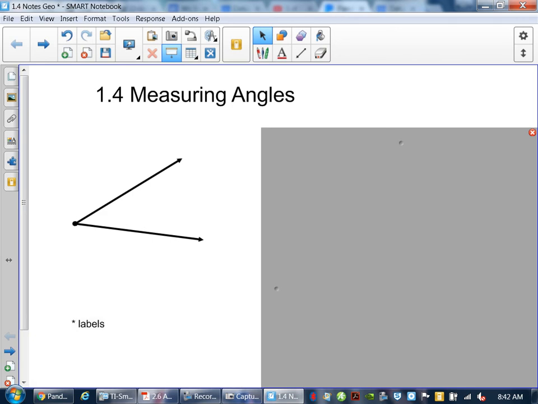Defining what they're made of. Angles are made up of rays. Okay? Angles are made up of rays. Those rays,